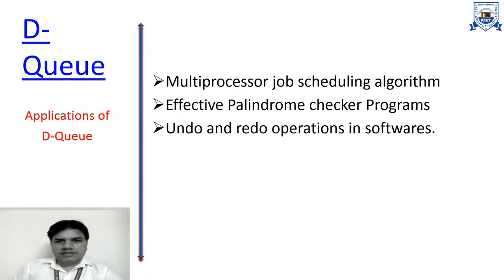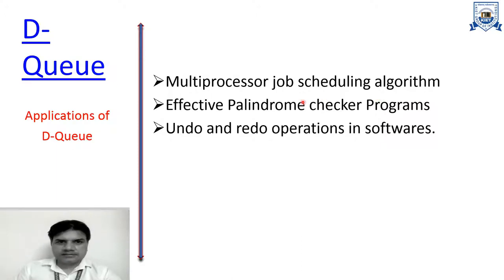Now what are the applications of deque? Double-ended queue, we have flexibility to add and remove data from both the ends. So that concept is used in multiprocessor job scheduling algorithm, where there are multiple processors involved on different processes, and if a separate queue is made and that queue is a deque, is maintained for different processes to be executed